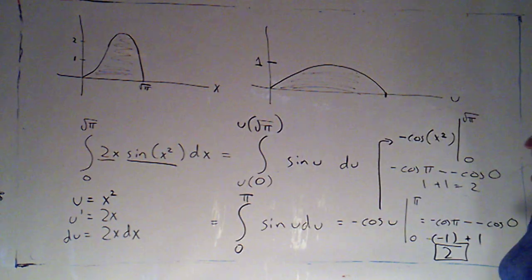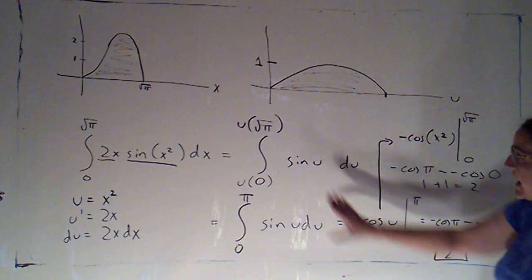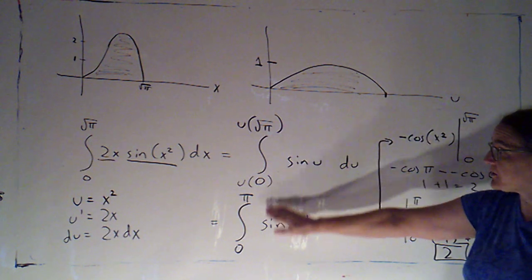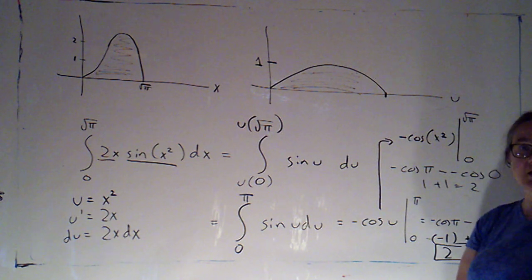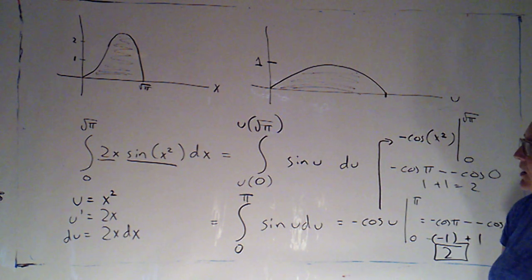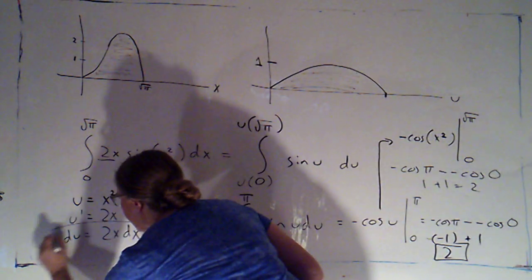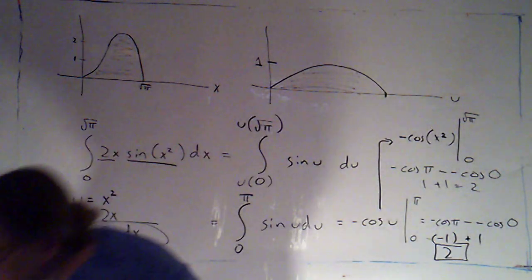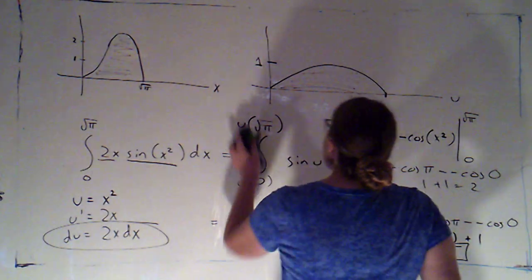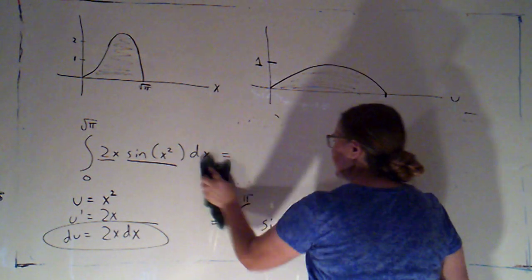Okay, excellent. So that's an extra thing to keep in mind if you're doing a definite integral, that those limits of integration have to change. And it really does make sense from a geometric perspective what's going on. Okay. Want to now talk a little bit more about this formula where du we're saying is 2x dx. I think it makes a little bit more sense to talk about this in the context of a definite integral,